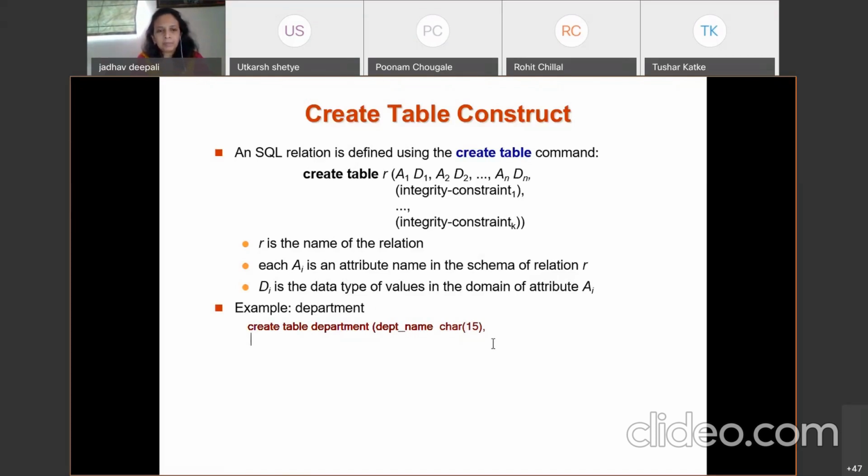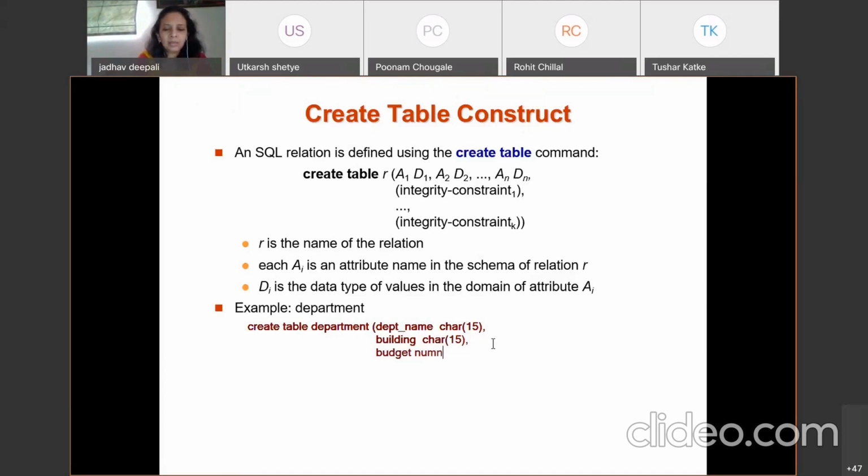Then building. For building also I give here character 15. And budget, it's an integer or numeric.